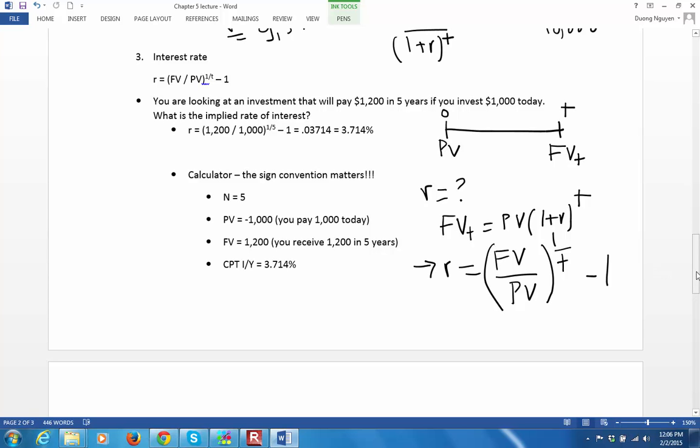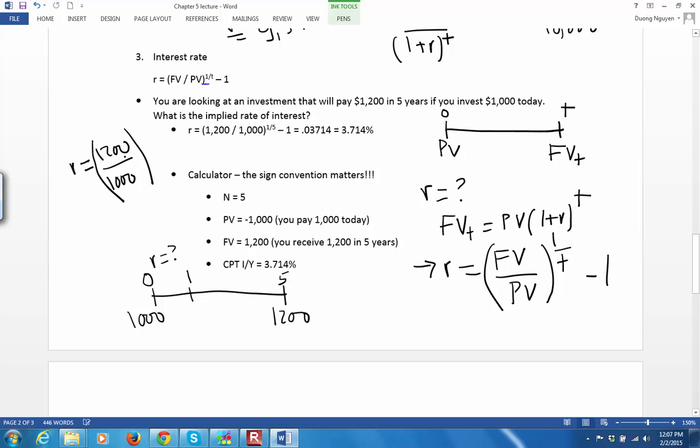For example, you are looking at an investment that will pay $1,200 in 5 years, if you invest $1,000 today. So the question is, what is the interest rate per year? So very simple, the interest rate per year is equal to future value, which is $1,200, divided by present value, which is $1,000, the whole thing raised to the power 1 over time, which is 1 over 5, and minus 1, and equal to